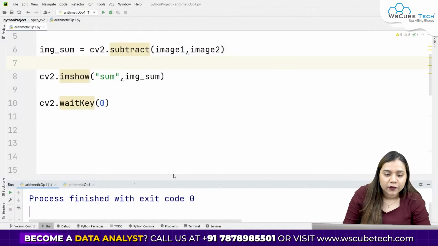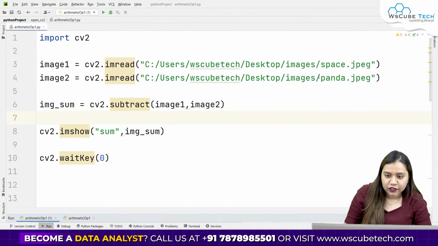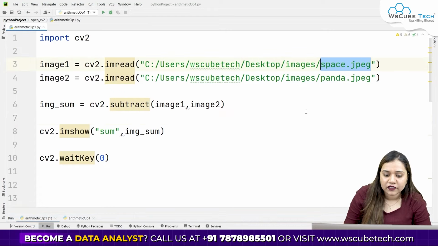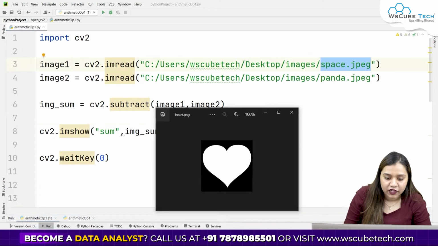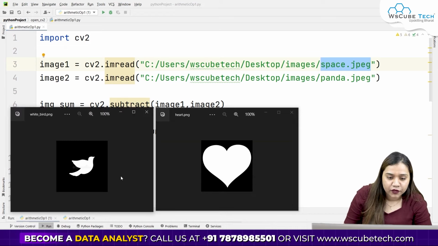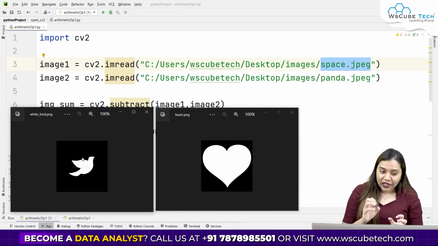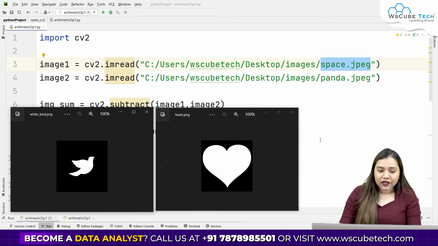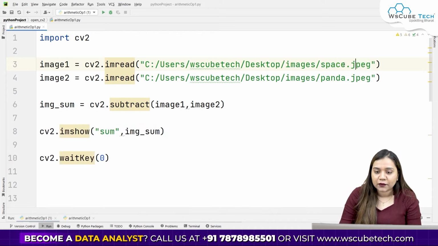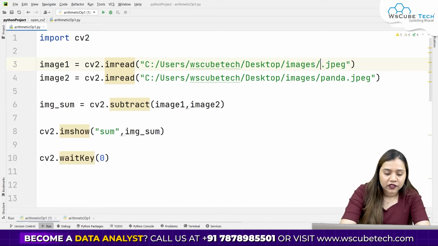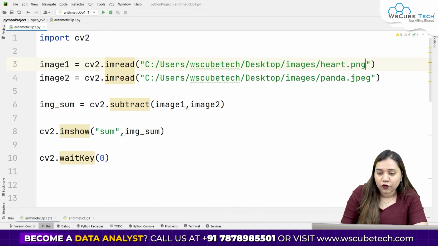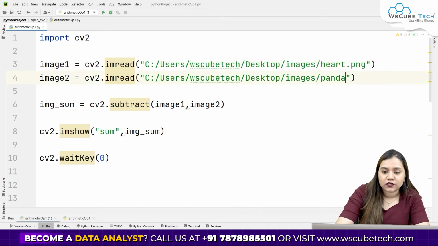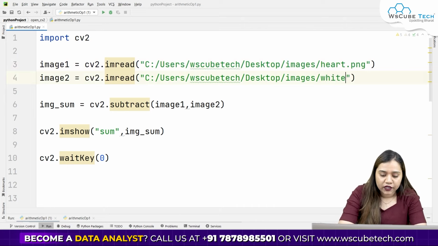From the original image, the panda has been subtracted. But to explain it in a better way, instead of the panda I'll be taking two other images over here. I have an image of a heart, and I have an image of a bird. Now what I want is that from the heart, the image of the bird should be removed, meaning it should be subtracted. The names of the images are heart.png and white_bird.png. Let's keep the first image from which we want to subtract. So I want to subtract from heart.png, and from this I want to subtract the image white_bird.png. So I'll be writing white underscore